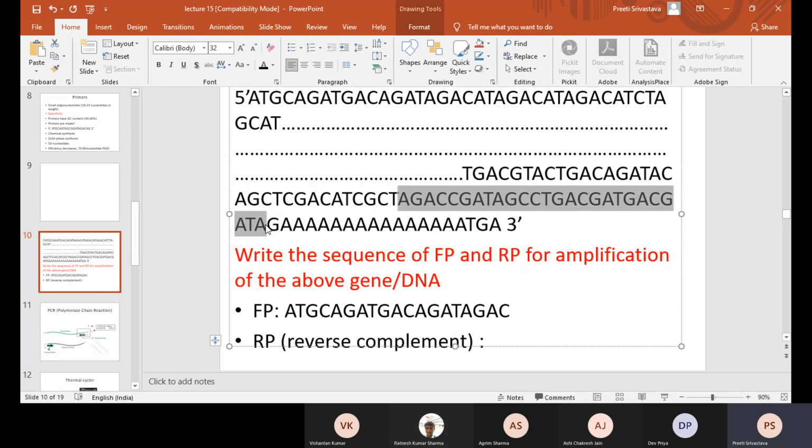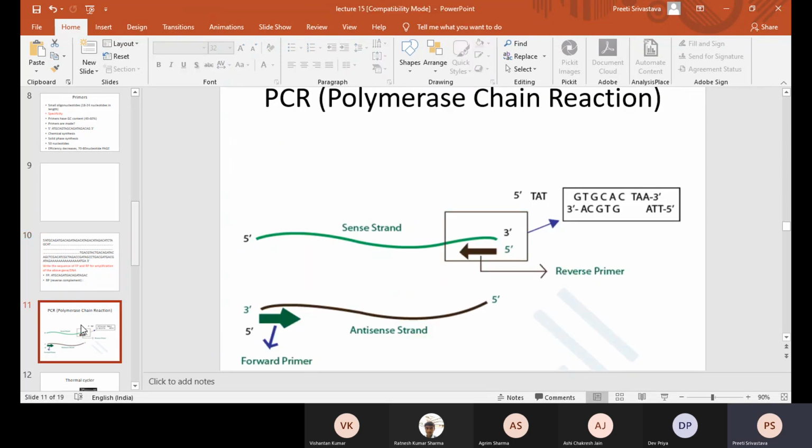So is he saying correct, Dev Priya? Could you hear him? No, can Agrim repeat? Ratnesh, clear or no? Ma'am, clear, but I didn't understand. Like, what is forward primer? I didn't understand correctly. Okay, so maybe Ashi, would you like to explain this figure?